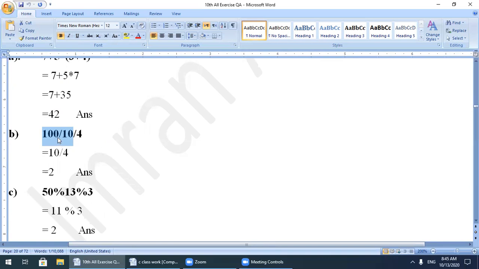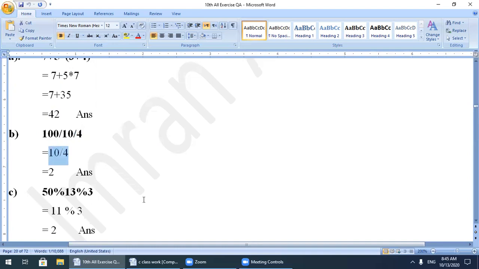So if over here the quotient is 10 and the remainder is 0, and if I want to get the remainder value, I will not use the slash operator, I will use the percentage operator, the modulus operator. I will show you the next value. Okay, according to this expression, 100 divided by 10, the result will be 10. Now the slash 4 is written over again.